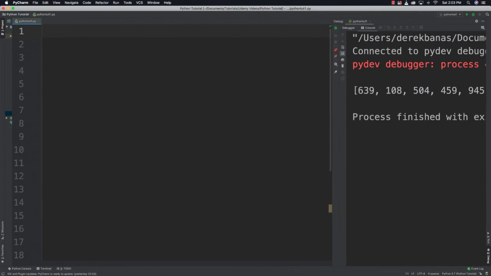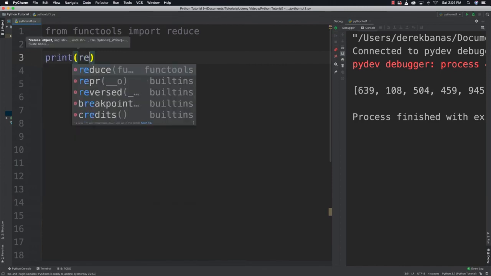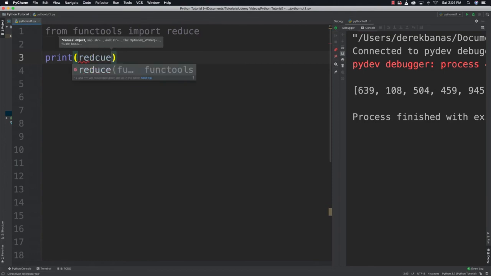So now to finish off the tutorial, I'm going to cover reduce. All right, so reduce is kind of similar to map and filter, but instead it receives a list and returns a single result. So let's go, and I'm going to use functools to get reduce. So import reduce, need to do that. Now what I want to do is add up the values in a list. So I'm going to say print and reduce and lambda